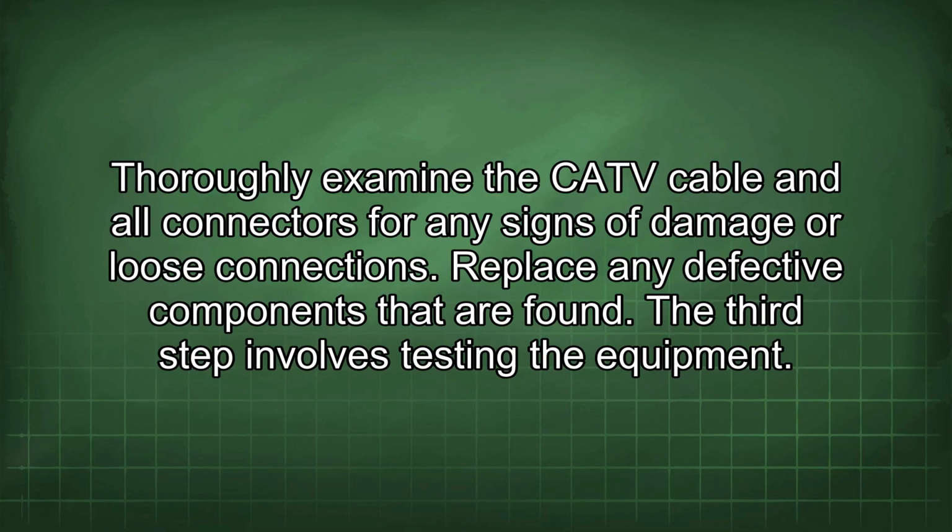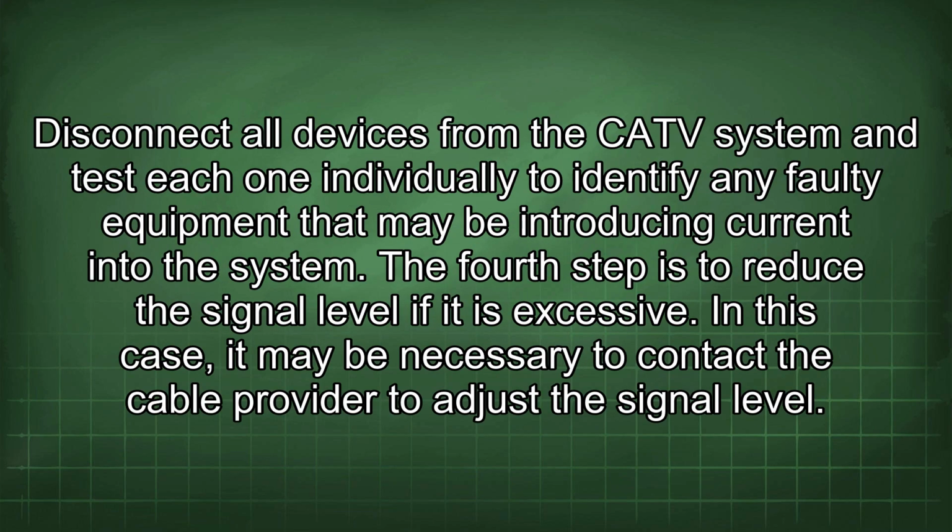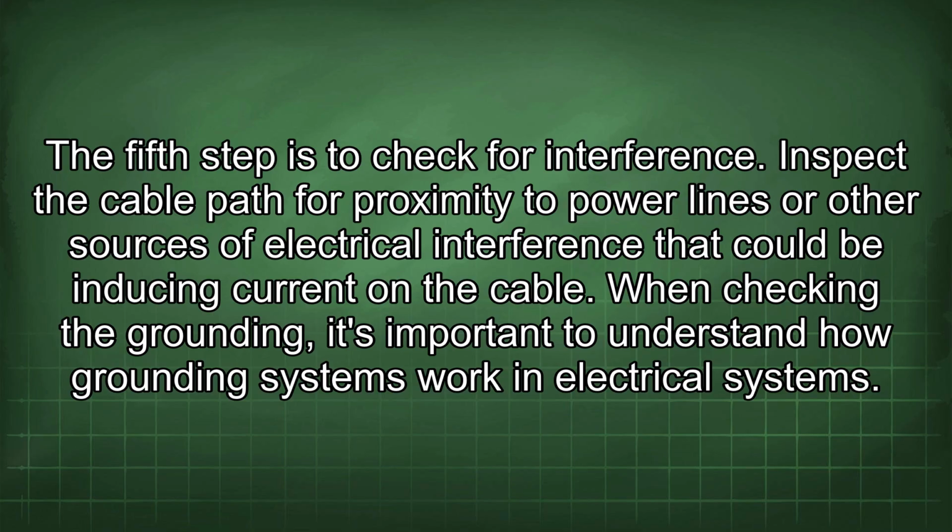The third step involves testing the equipment. Disconnect all devices from the CATV system and test each one individually to identify any faulty equipment that may be introducing current into the system. The fourth step is to reduce the signal level if it is excessive. In this case, it may be necessary to contact the cable provider to adjust the signal level. The fifth step is to check for interference. Inspect the cable path for proximity to power lines or other sources of electrical interference that could be inducing current